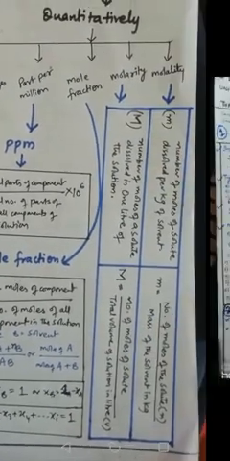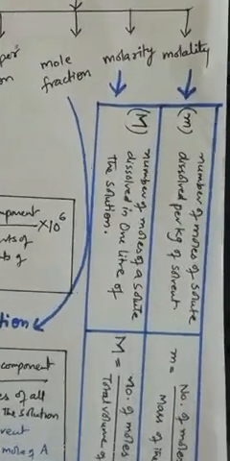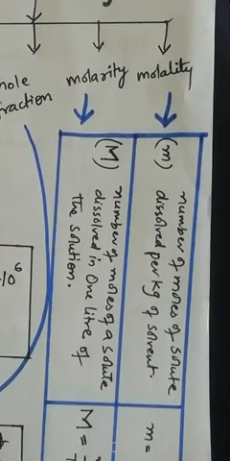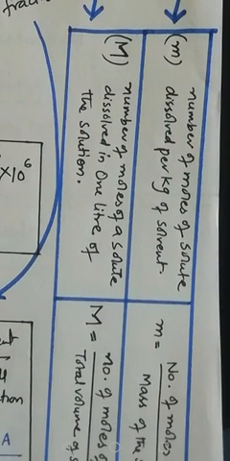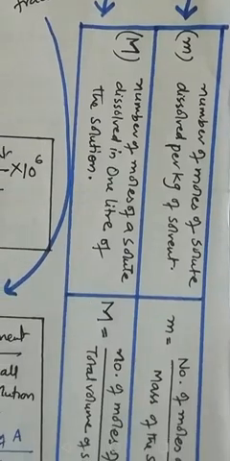Now the next are molarity and molality, which are very important, most important. You need to differentiate between molarity and molality. Molarity, spelling MOLARITY, and molality, MOLALITY. Here R and L is the difference. If R is there, R is representing total volume, L is representing total mass. So this is the difference only.